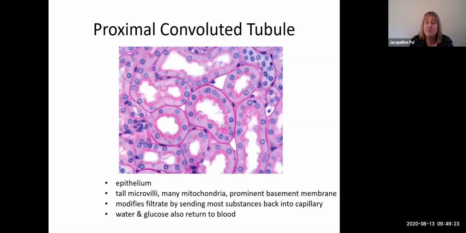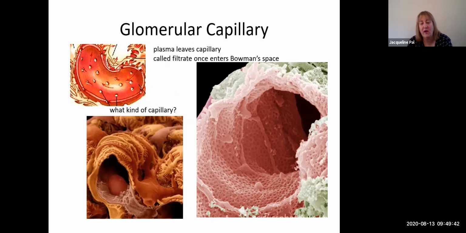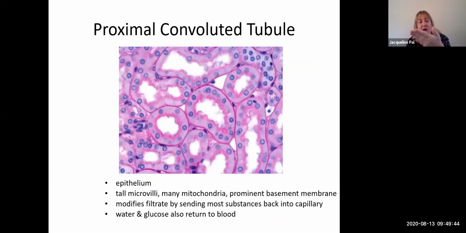Continuing on from Bowman's space, the filtrate next goes into the proximal convoluted tubule. Proximal because it's closest to the glomerulus, and convoluted because it's not a straight line. It's very wiggly, okay? When you look at pictures of the proximal convoluted tubule, these are cross sections or oblique sections going through the tubules,